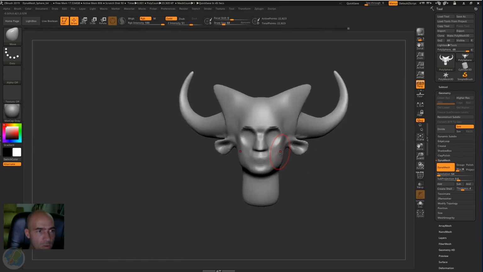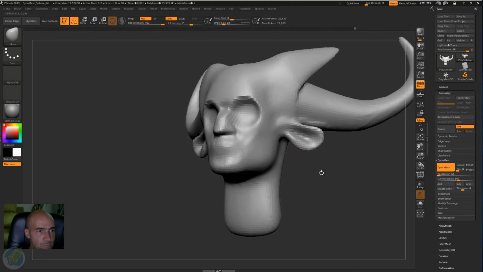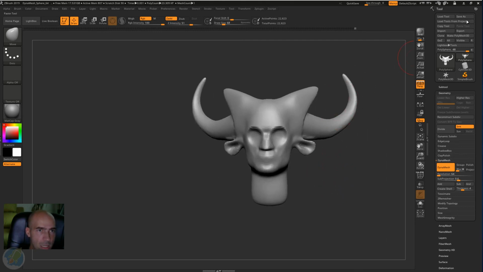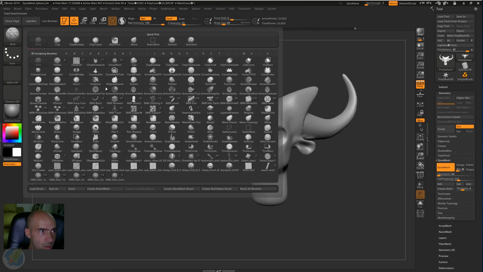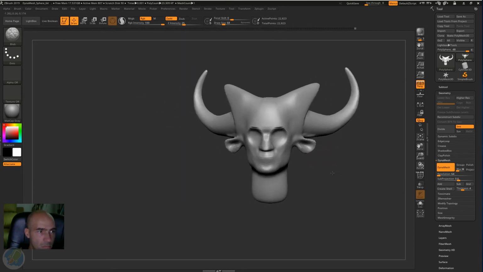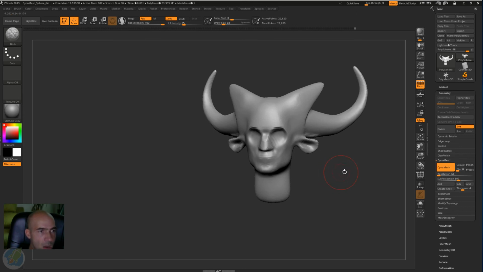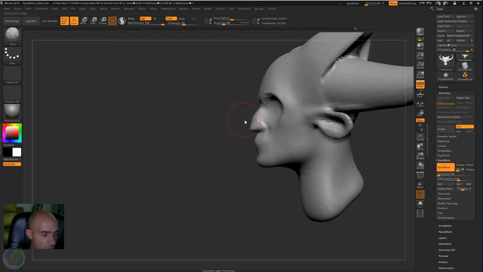But I don't want to start over. I like this, and basically that's it. You can save from here, load here, and that's your first lesson in ZBrush. B or clicking here is your brushes, and you don't need anything more. That's how you start, that's how you continue, and you have to just go with the standard brush, for example,